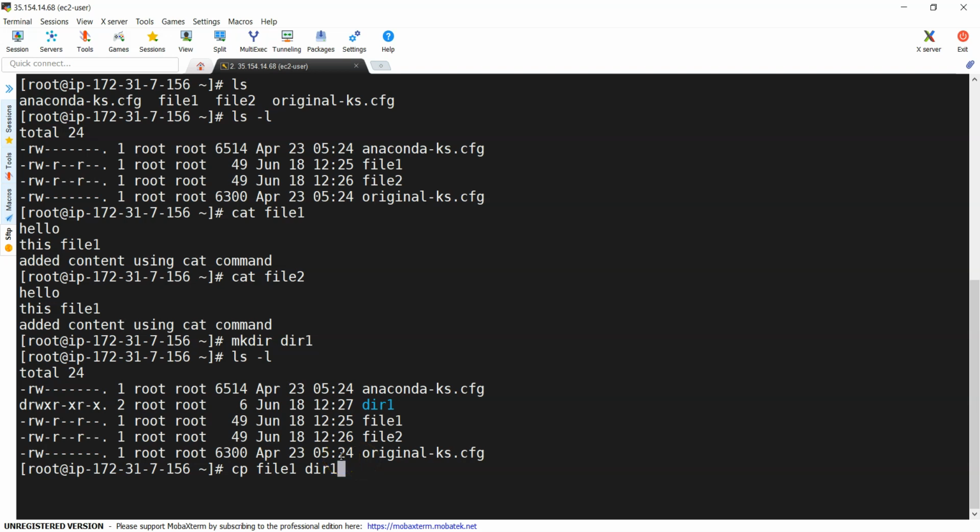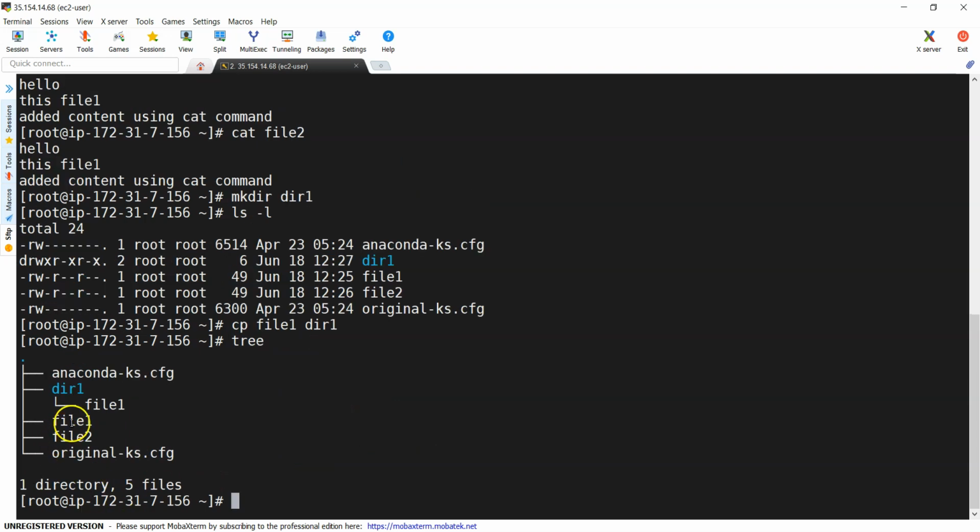It's something like this. You want to copy a file on Windows from one location to another location. You just right click, copy, go to the destination and paste it. Whenever you paste it, it creates the new file, right? The same thing is going to happen over here. So let's see. If I do tree now, you can clearly understand. We have file1 over here, and one more file got created under dir1, because we used file1 followed by the directory. Whenever we specify the directory, it creates the file within the directory. Okay, so it copied file1.